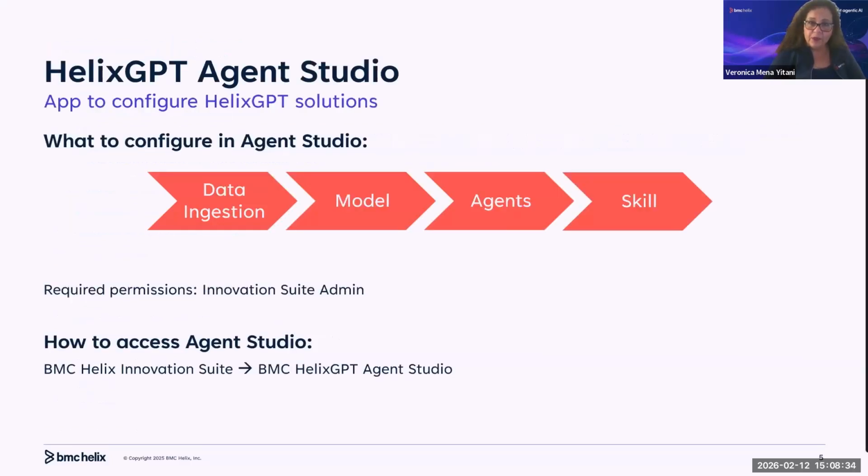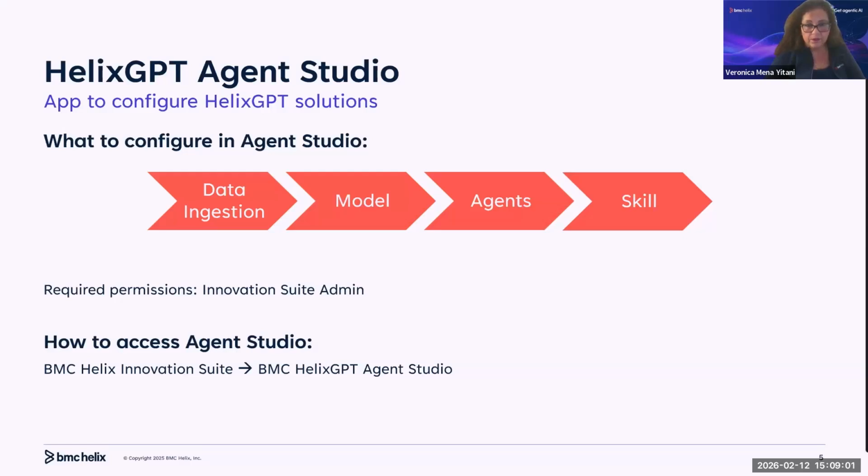Now that we have covered the prerequisites, let's introduce the workflow within the BMC Helix GPT Agent Studio. This is a dedicated application used to configure all the Helix GPT solutions. When we work with the Agent Studio, our configuration follows a specific four-step flow. Everything starts with data ingestion. Before our agent can answer a single question, we must feed it the right information by connecting to your